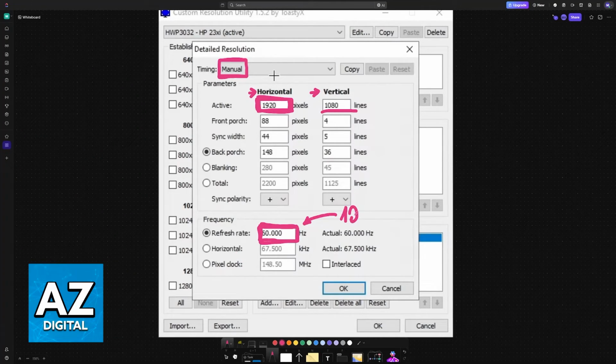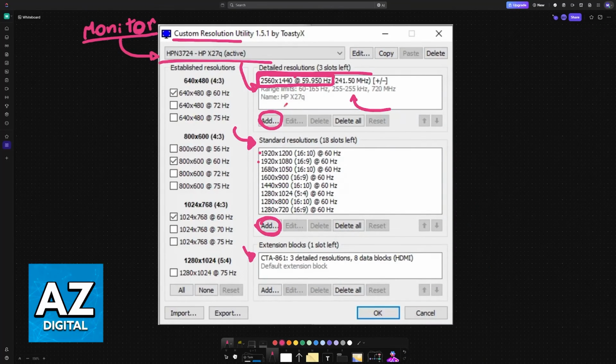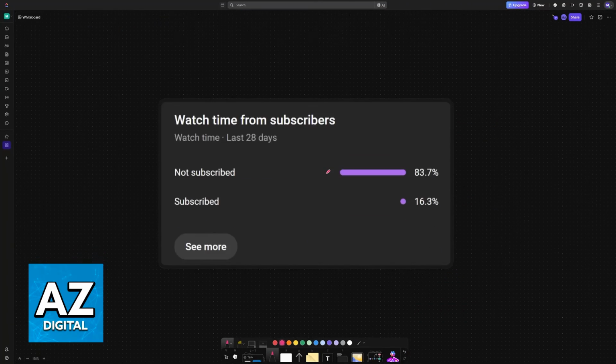Usually most gaming monitors nowadays will have upwards or start at 120 Hz. Older monitors will be locked to 60, and you can even find upwards of 165 and so on. So input whichever resolution you want to use alongside the refresh rate, click OK, and it is going to appear on this list. With this done, this resolution will now be available to use in Windows and other applications like games.